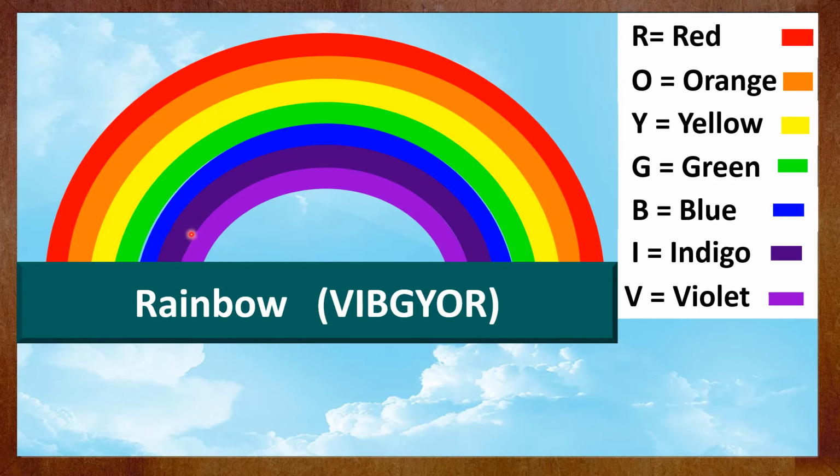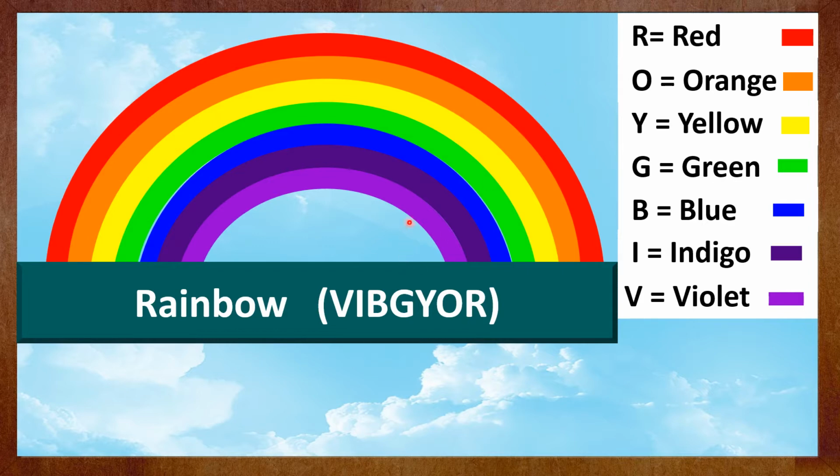Actually, we cannot see all the colors distinctly in an actual rainbow because that is a continuous spectrum. Continuous spectrum means one color overlaps over the other color. One color falls over the other color. Before ending of one color, the next color begins. For that reason, in an actual rainbow, we can see 3 to 4 colors only. That's why it is called a continuous spectrum.